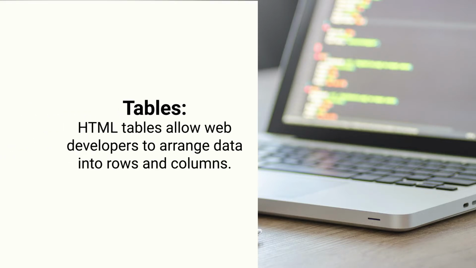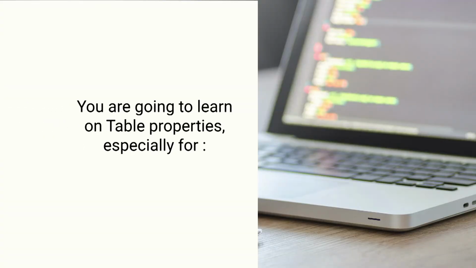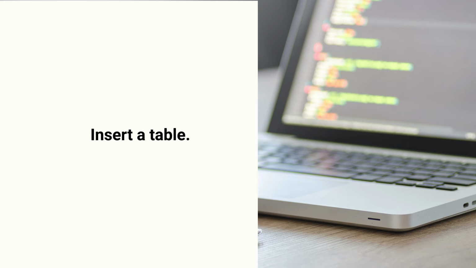Now let's move to another property, which is called tables. An HTML table allows web developers to arrange data into rows and columns. When you develop any website, systematic data needs to be displayed, and row and column details are effectively used in tables. Using this table property, we can learn how to insert a table, explain the table attributes, edit the table and add a table header. That exercise we will cover in the coming session.